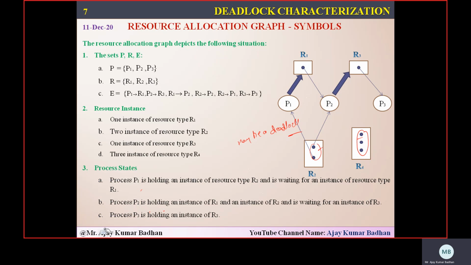Like in the previous example, we had three processes, P1, P2, P3, and resources R1, R2, R3. P1 has a single instance allocated to it, and it is requesting this one. This is with P2, and P2 is requesting P3. P3 holds R3, and P3 is requesting R1, and that R1 is with P1. So what happens here? There is only a single dot, which means only one instance is there. That's the reason it's not able to proceed. That scenario is what we call a deadlock. But